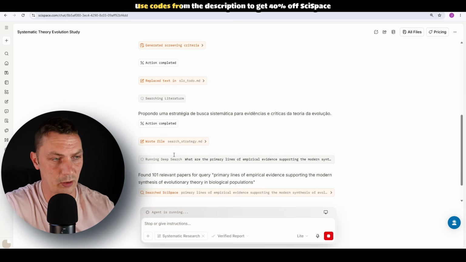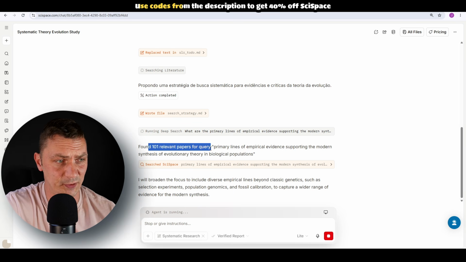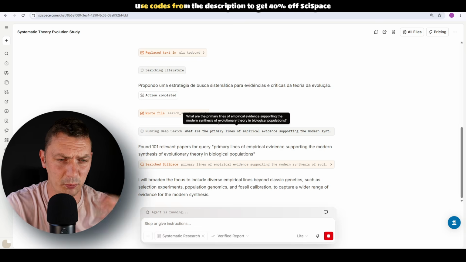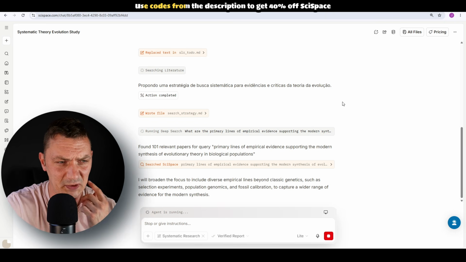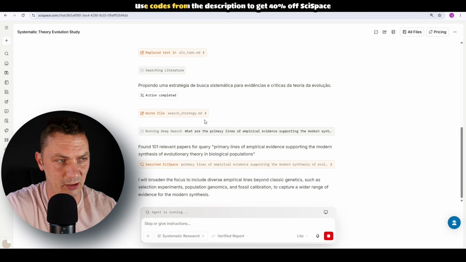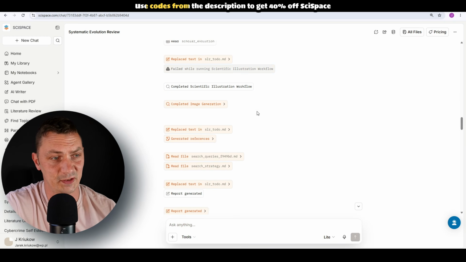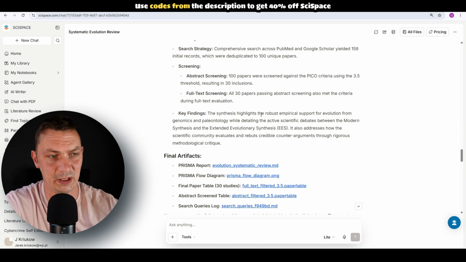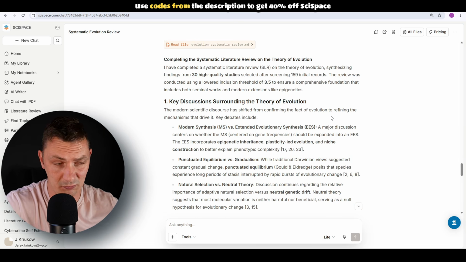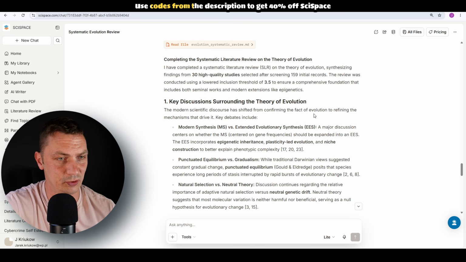Here, going back to our live search, you can see it's found 101 relevant papers, and it's still running, it's still doing things. The whole process, I believe, is about between 15 and probably 30 minutes. I'm not sure, because I would usually just leave it and go and do something else. But here we have insight into the search that's already been done. So you can see lots of things that it was doing. I've already run these searches in the past just to see how it works.